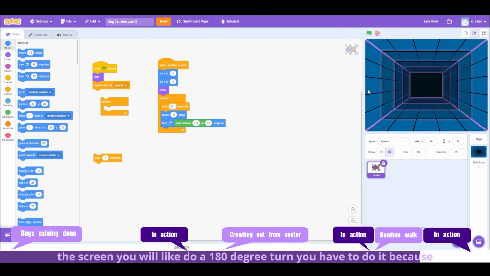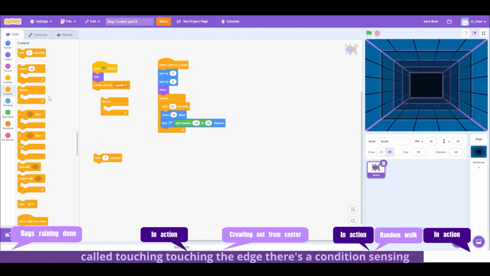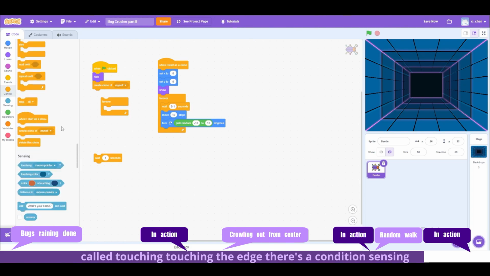the screen, it will do a 180-degree turn. 要怎么做？Because there's a condition called touching the edge. There's a condition in sensing. 它那个虫碰到壁的时候会整个折返。